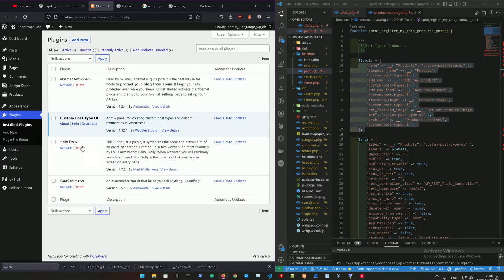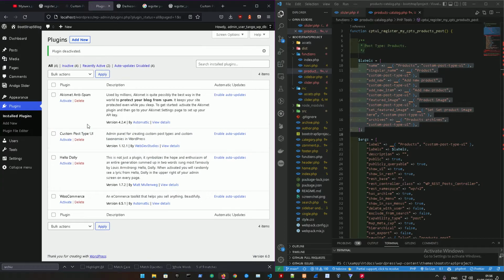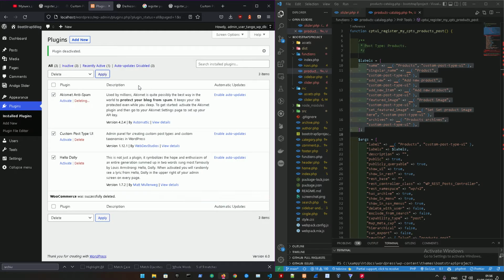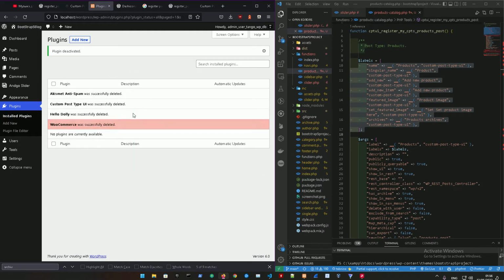Even if we delete this plugin, so let's deactivate it, and then let's actually delete all the plugins so you could see that I'm not using any plugins. So let's delete them all. Yep. So right now we have no plugins, and right now this